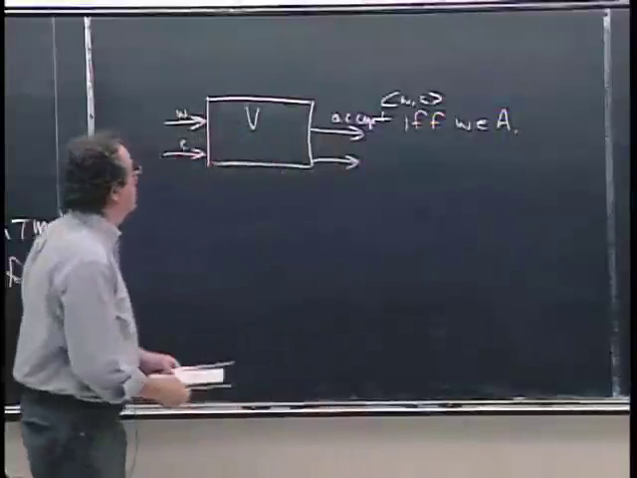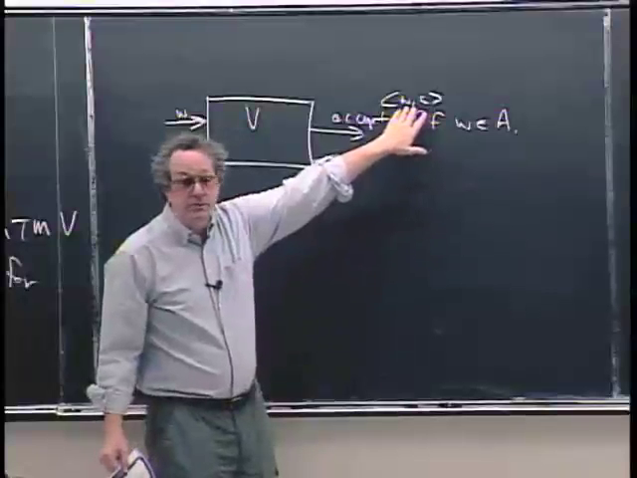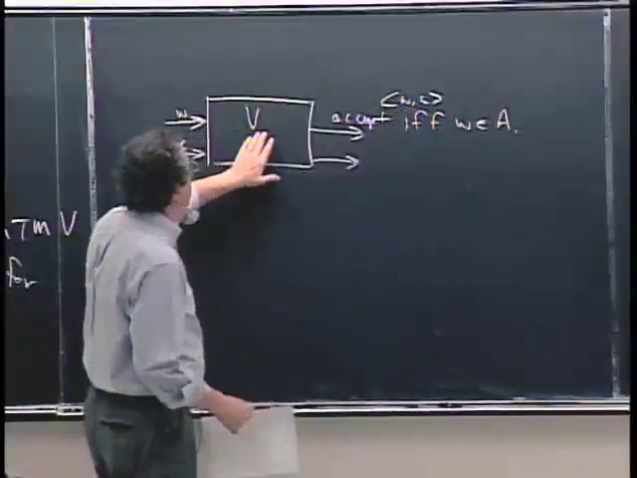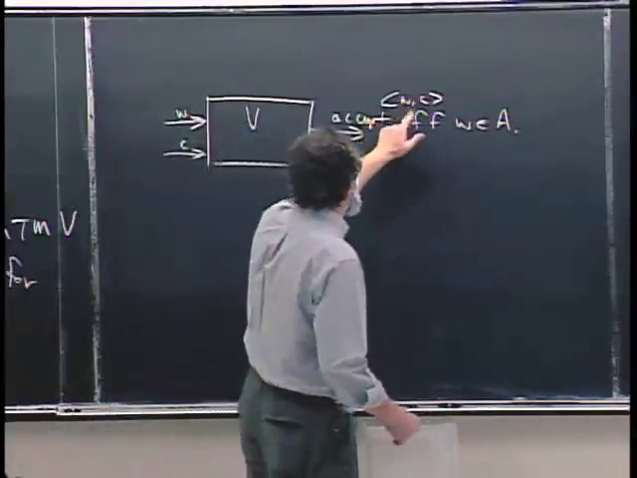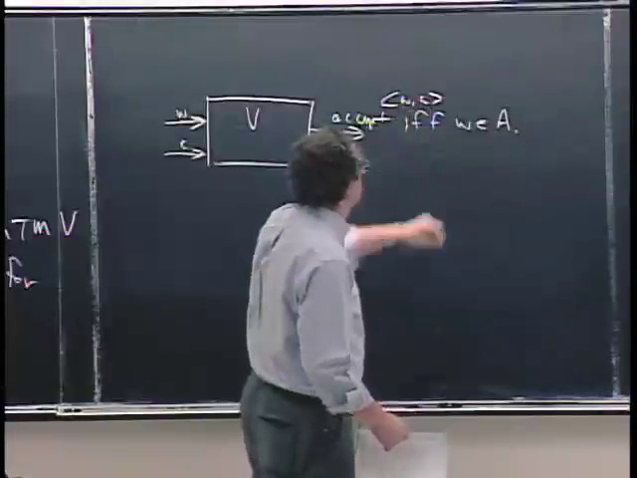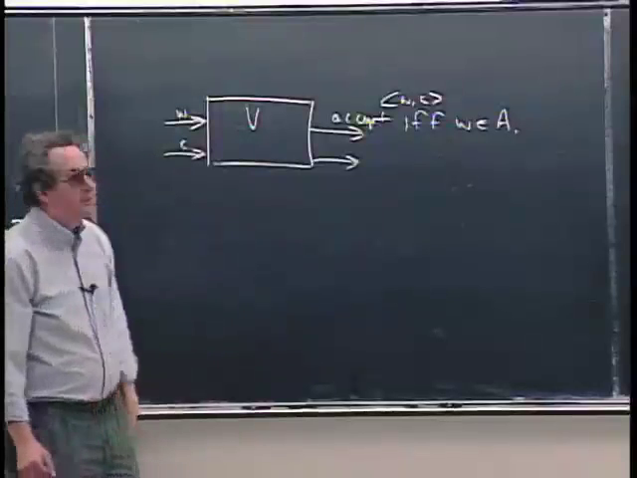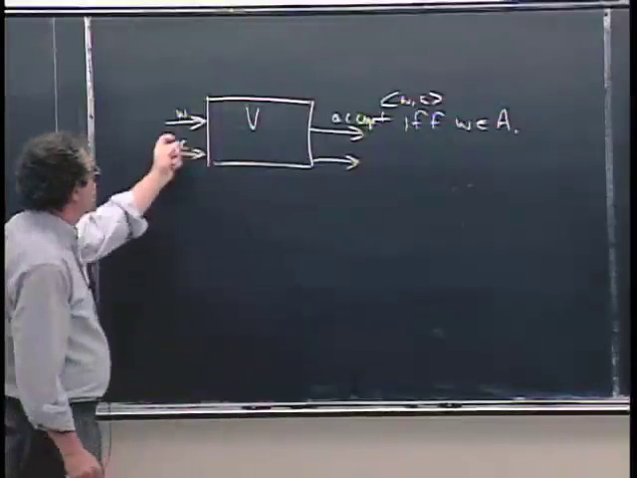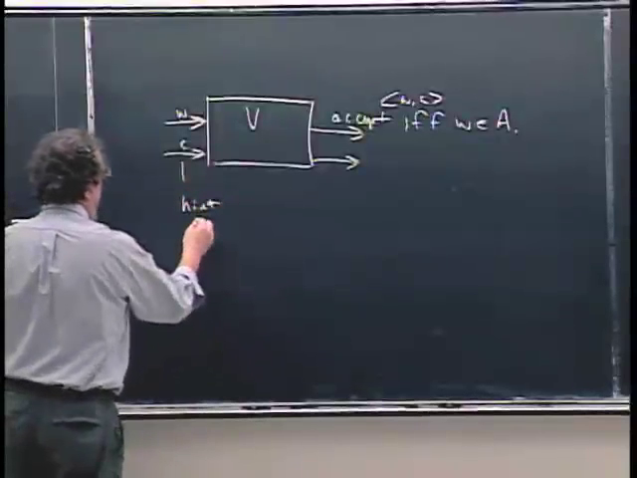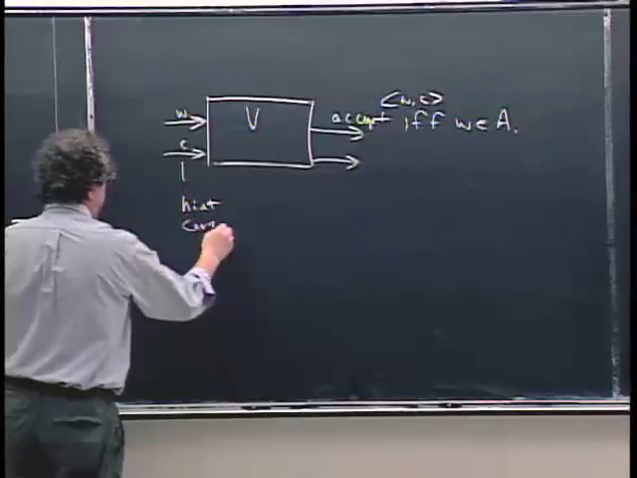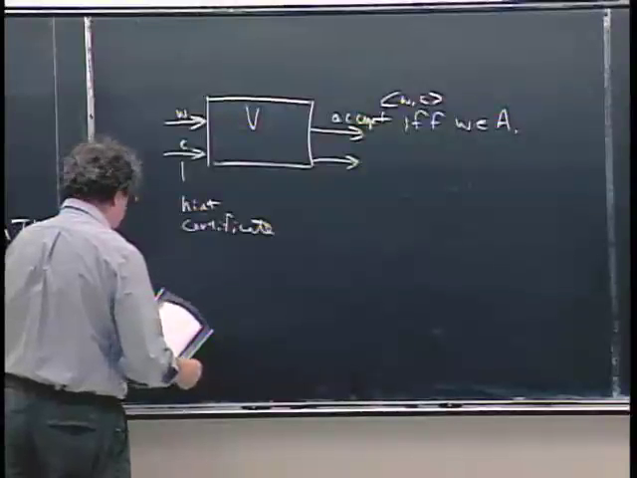Okay? So the set of these things which V accepts is exactly, it accepts W and C if and only if W is in A. So it's never going to accept if W is not in A, and it should accept if W is in A. But what is this C? This C is something called a hint, or sometimes it's called a certificate. What other words do they use for this? Proof,